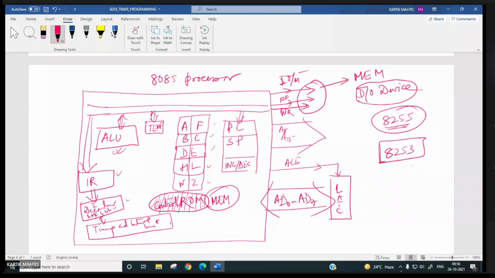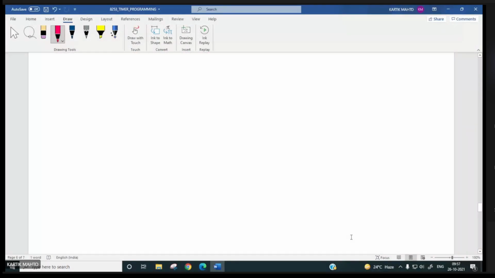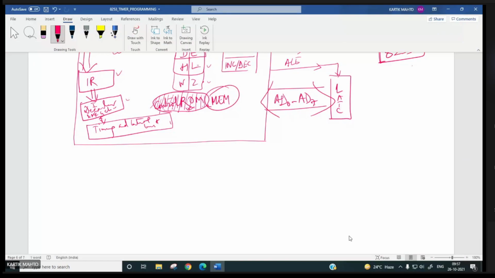Right? So when we already have the control room inside this, and we can create these registers A, B, C, D, E, H, L, W, Z, and even this, why can we not have a small memory inside the processor itself, right?